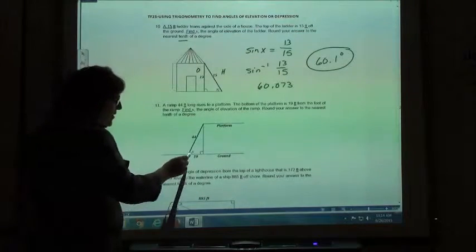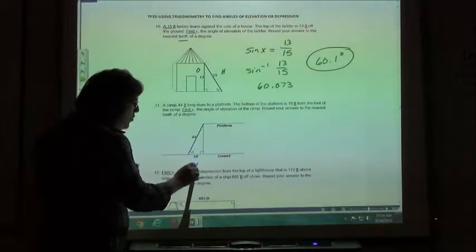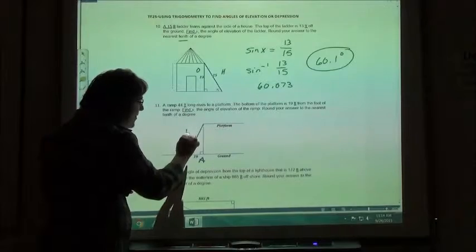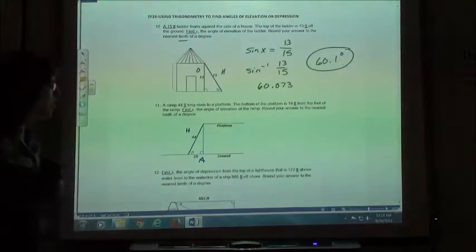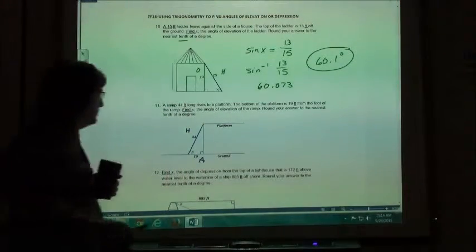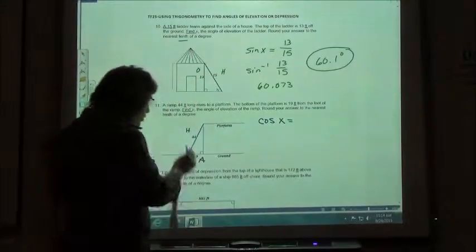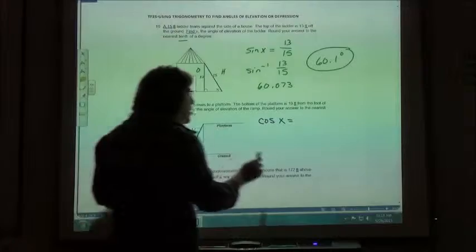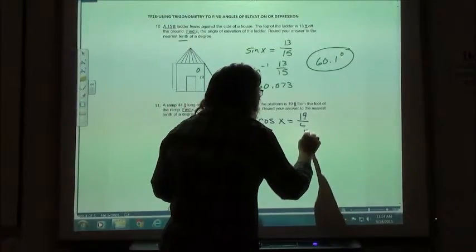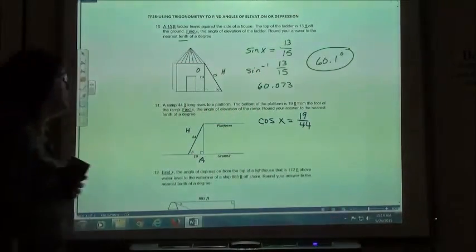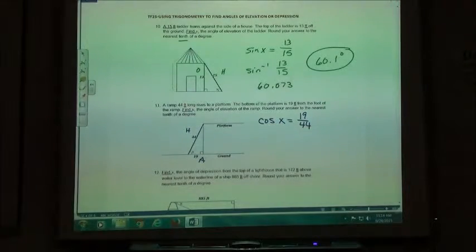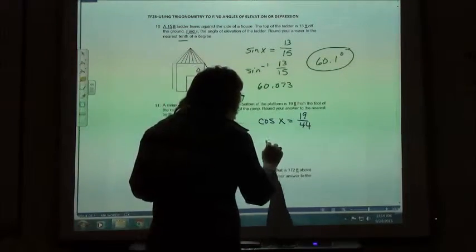So again, I'm finding the measure of this angle. I know the adjacent side and the hypotenuse, so on this one we're going to use the cosine. The cosine of x should be equal to the adjacent, 19, over the hypotenuse, which is 44. So again, since we want to find x, we have to do the inverse of the cosine to undo that, or the arc cosine